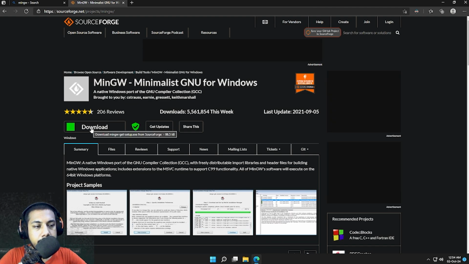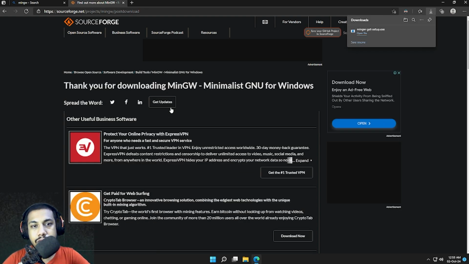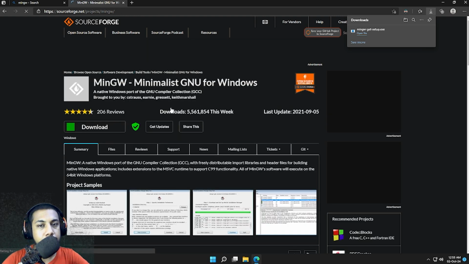and then hit download. And this will start download shortly. Now what this is, it's the GCC compiler. Since VS Code is not a specialized IDE, it's more of a general purpose software, whereas something like CLion or things from JetBrains are specialized software for a specific language. You need a compiler for VS Code. So after you get the file, just open up the file,